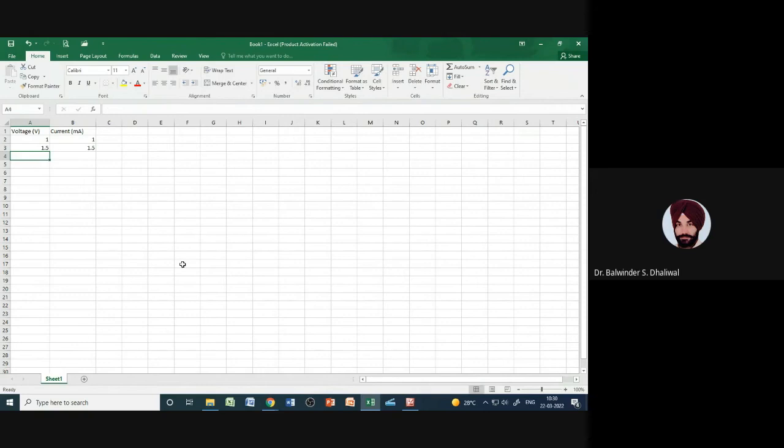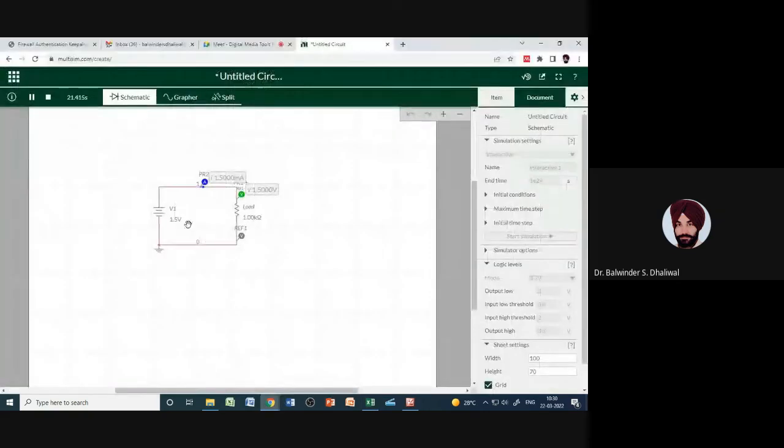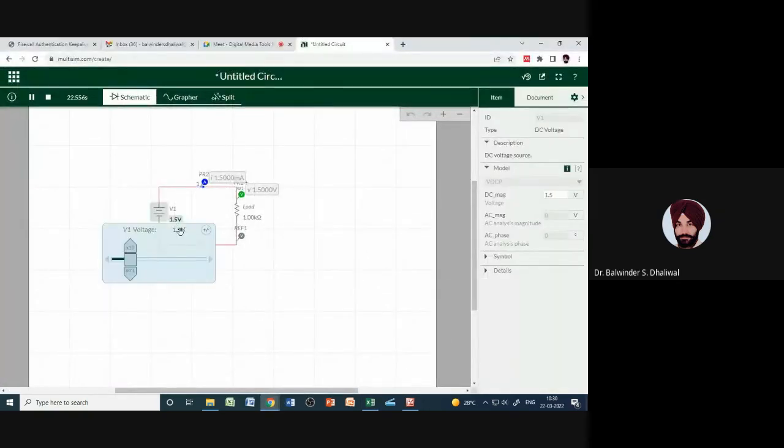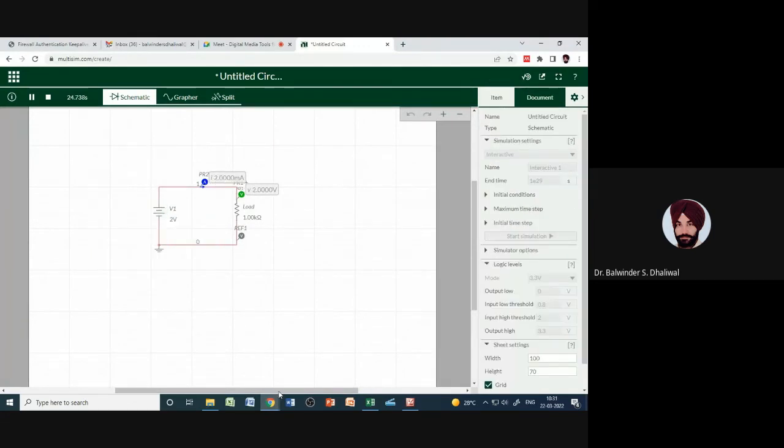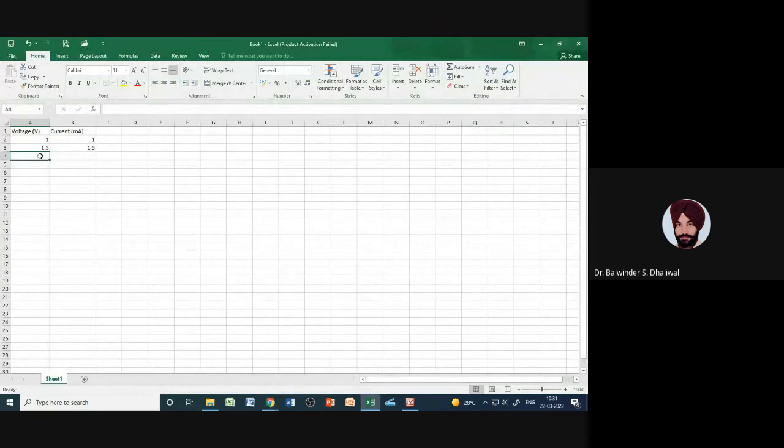Similarly, from our basic knowledge, if I change to 2, then the current will also change to 2 milliampere. Because this is a very simple circuit, the values are predictable. So we can enter our desired number of readings here. The advantage of this type of entry is that generally in physical labs, after taking the readings,